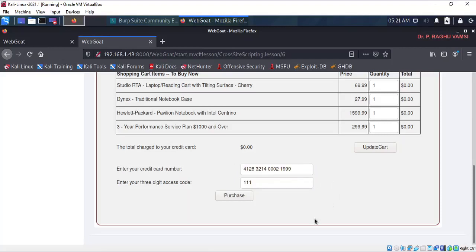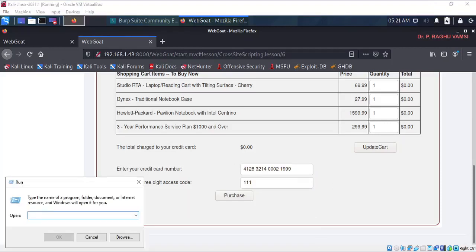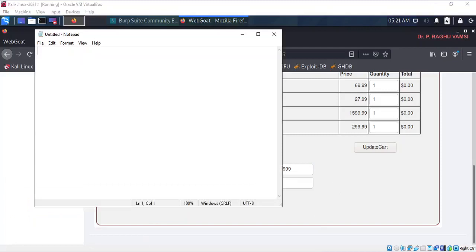So what I will do is I will try to use a simple malicious script, like script alert, this is XSS test, and slash alert script.